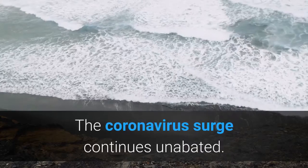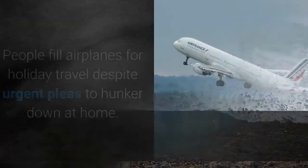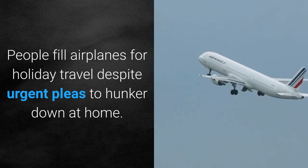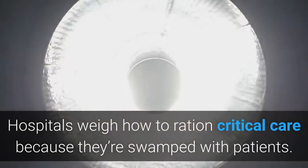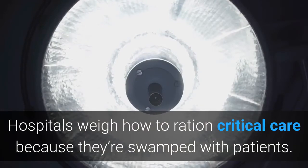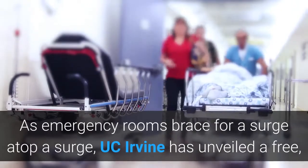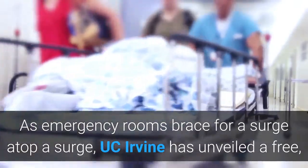The coronavirus surge continues unabated. People fill airplanes for holiday travel despite urgent pleas to hunker down at home. Hospitals weigh how to ration critical care because they're swamped with patients. As emergency rooms brace for a surge atop a surge, UC Irvine has unveiled a free, online tool to help